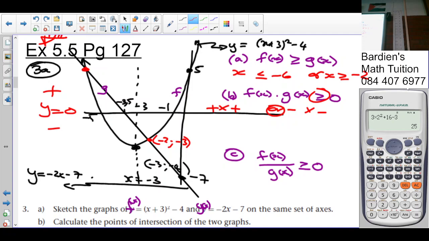Looking at this here, both graphs must be positive or both graphs must be negative at the same time. You understand? Looking from left to right, we read our domain and our range from left to right. We read increasing and decreasing from the negative part to the positive part, from left to right. Likewise, these inequalities we read from left to right, from negative to positive. So we established that both graphs must be negative or both positive at the same time. What we notice here,